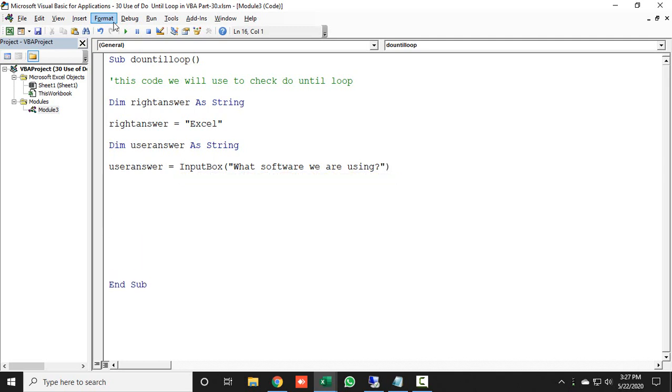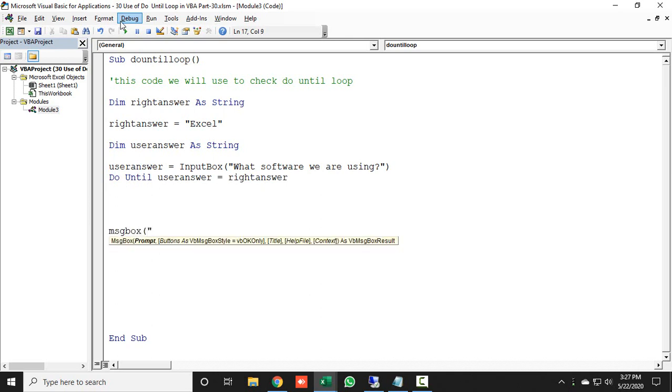Now here the user can give two types of answer. One is the correct answer and the second is the incorrect answer. So here I'm taking Do Until userAnswer is equal to rightAnswer, then generate a simple message box and say that you are absolutely right.